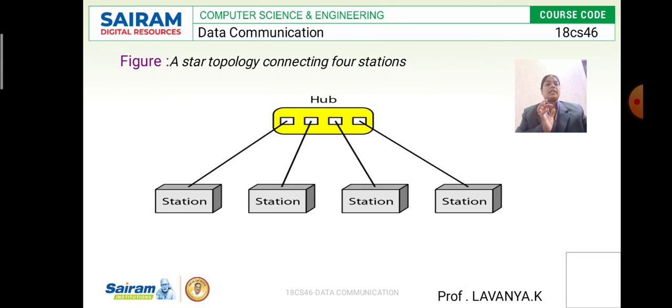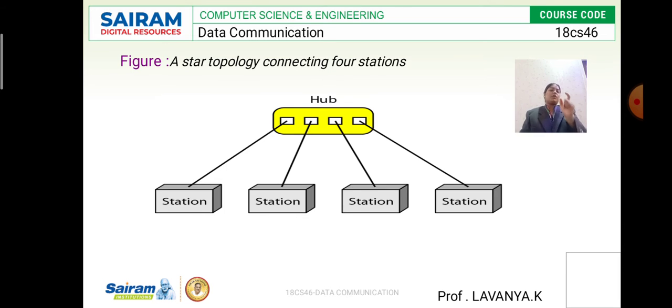Then I'll move on to the next topology, the star topology. What is the star topology? In the star topology, the systems or devices are all interconnected to a centralized hub. The centralized hub is a controller which controls all the devices. Suppose station 1 wants to communicate to station 2: station 1 sends the data first to the hub, and then through the hub it reaches station 2, the next station. This is what the star topology does.